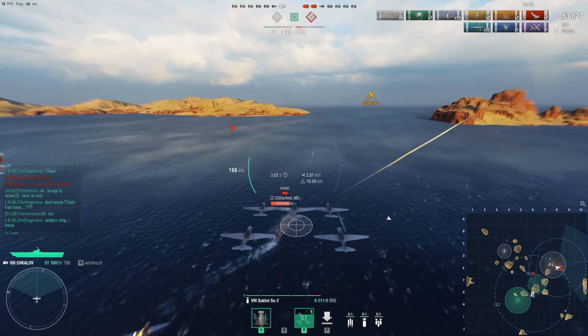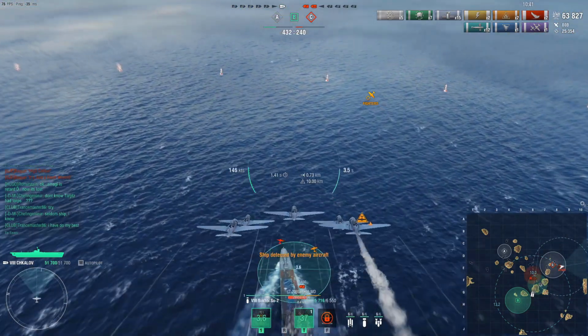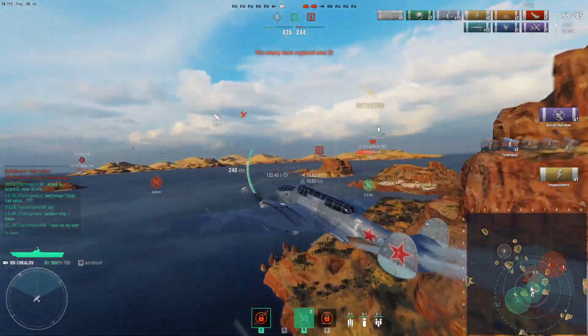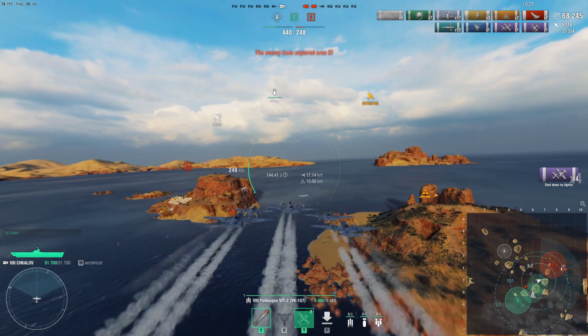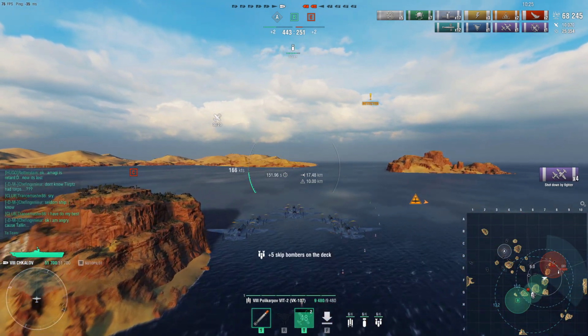Let's talk about the maneuverability of the ship. Chkalov does 32.3 knots as full speed, and you have a gigantic turning circle radius of 1040 meters. So it's like Stalingrad or Moskva turning circle radius, which is really not great for a tier 8 aircraft carrier. But